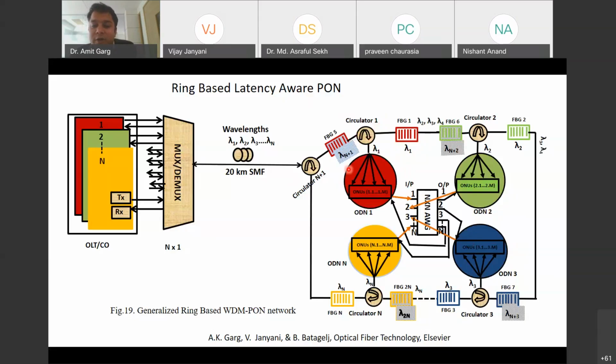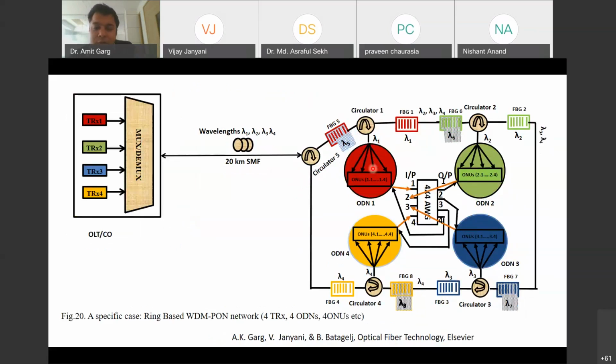You can say that one particular wavelength is coming and then m number of users share this particular wavelength. So we can say for this direction, downstream direction, we are providing the hybrid kind of network, that is hybrid WDM TDM PON. So now we'll see how this downstream transmission is happening.